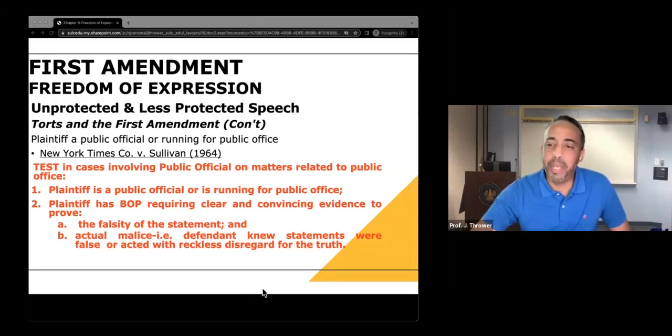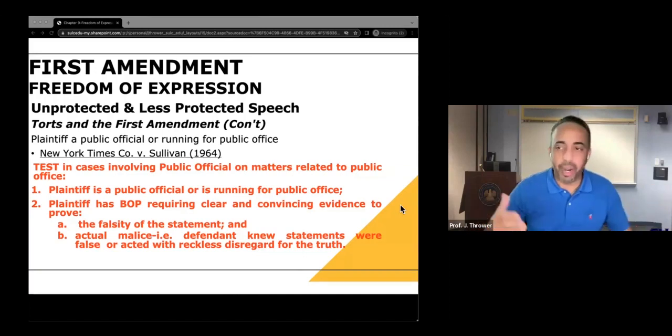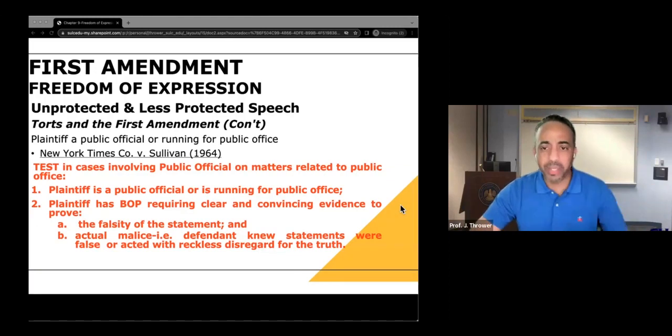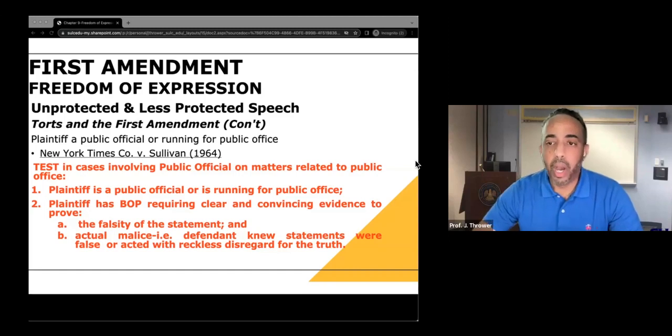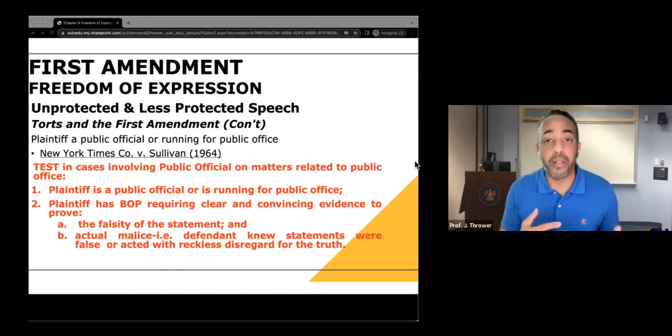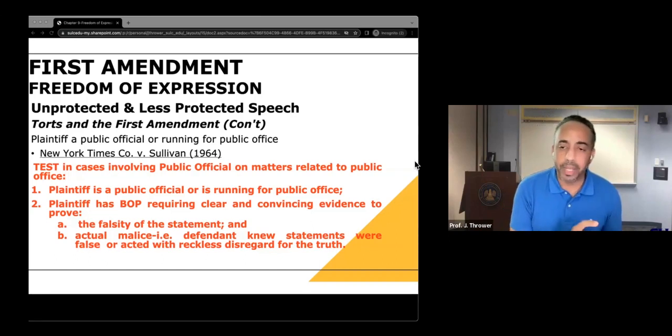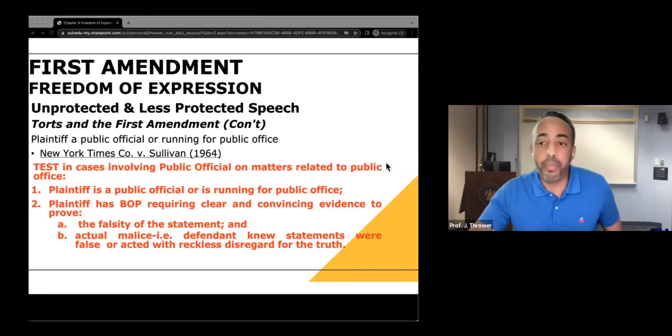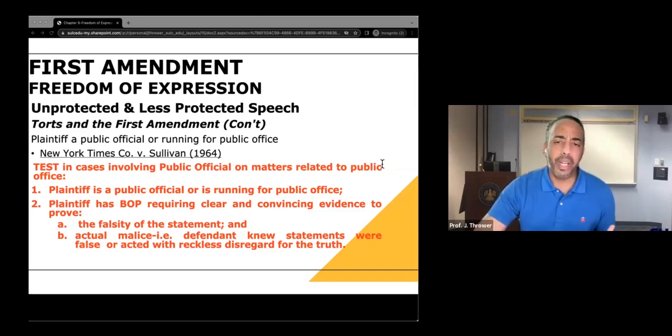Naturally, the court's opinion in New York Times or Sullivan or however you would distinguish it raises a couple of questions. First, what is a public official, right? The Supreme Court, interestingly, has never held that all government employees are to be considered public officials under Sullivan. But the court has never formulated a precise test to determine which public employees are in fact public or should be considered public officials. The Supreme Court articulated at one point that public officials for the purposes of Sullivan are those with a substantial responsibility.